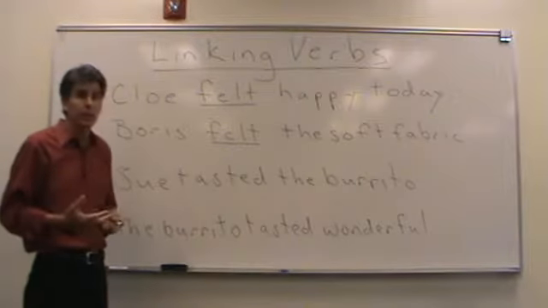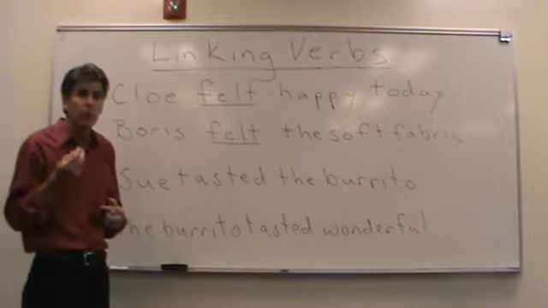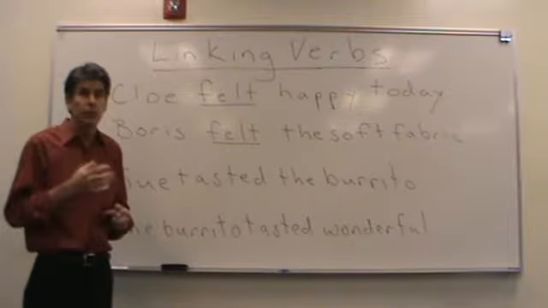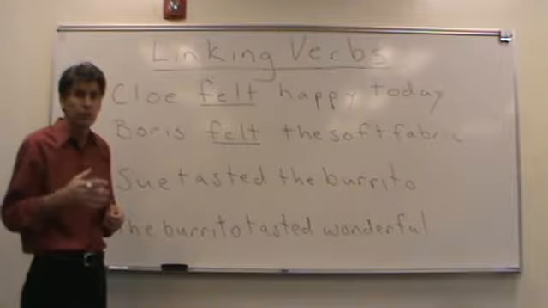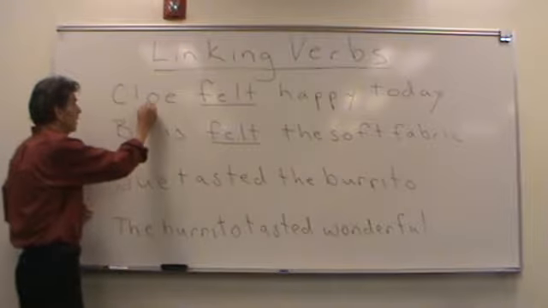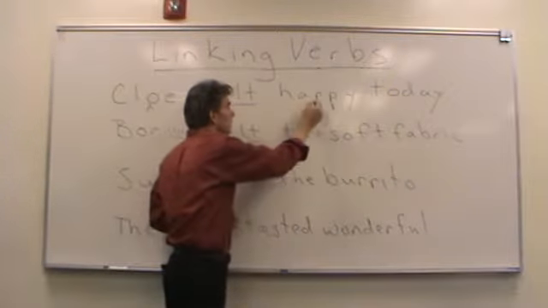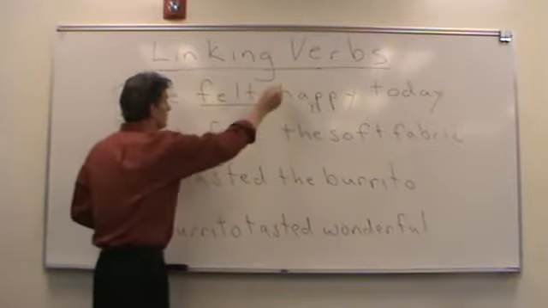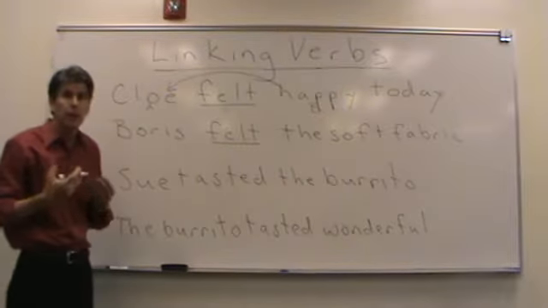So in both cases, we have a verb from the linking list. Both of these could be linking verbs. Both of these could be action verbs. We have to test them. There is no way to just look at them and determine it. You actually do need to run the A equals B test to see if they are action or linking. So if it's a linking verb, I should be able to say A equals B. Is happy describing Chloe? Seems to be, doesn't it? Chloe felt happy. Happy is how she is.